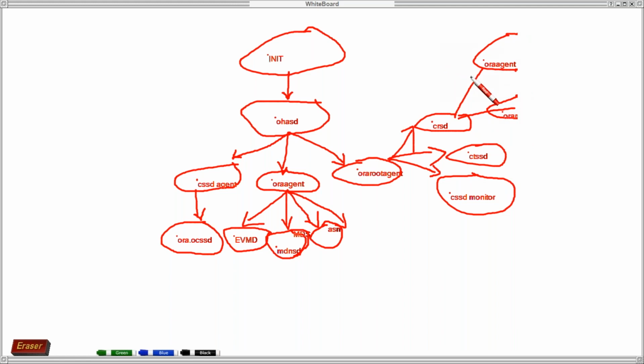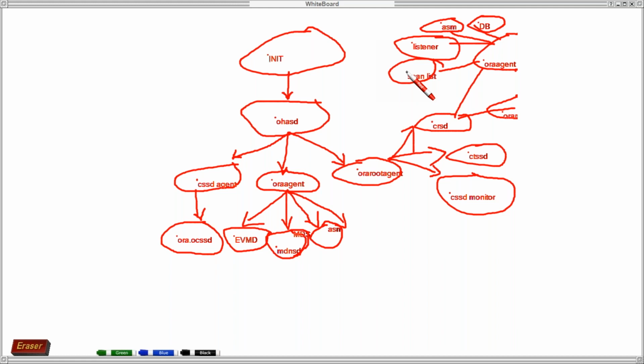So this Oracle agent, again it spawns so many services. So one is listener. Okay, another one is ASM instance. Another one is DB instance. Listener, ASM, DB, then scan listener.